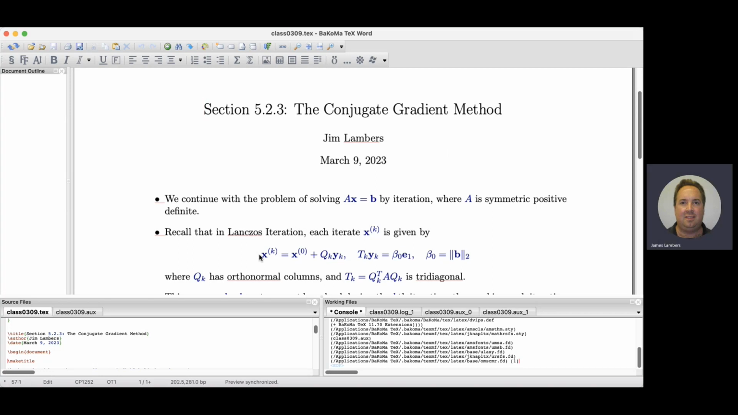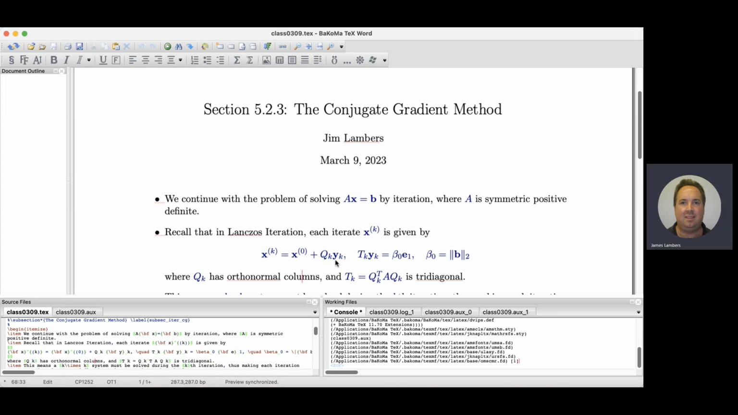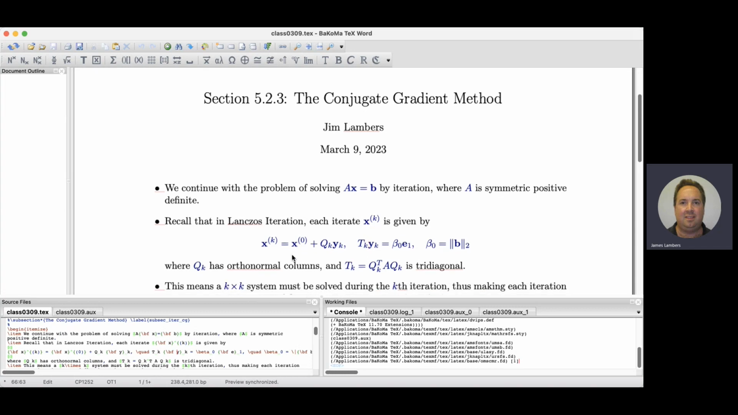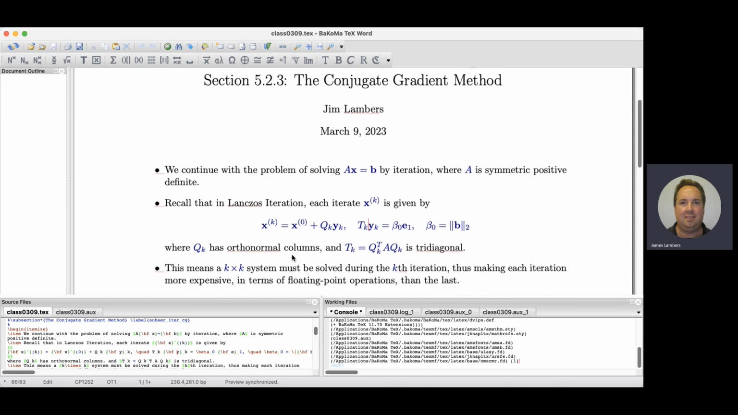So Lanczos iteration ends up having this form, where each iterate xk is in terms of the initial guess, plus a linear combination of orthonormal vectors, and the residuals are scalar multiples of each of these orthonormal vectors that populate Qk. During a Lanczos iteration, you compute this tridiagonal matrix Tk, which helps you to get each new iterate. So this is definitely a substantial improvement over steepest descent, but there are still improvements that ought to be made